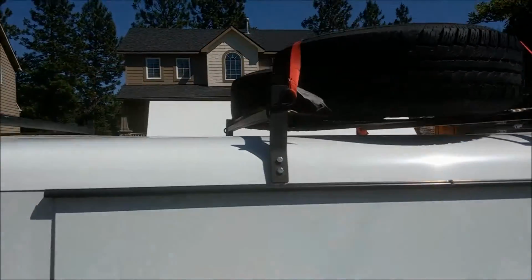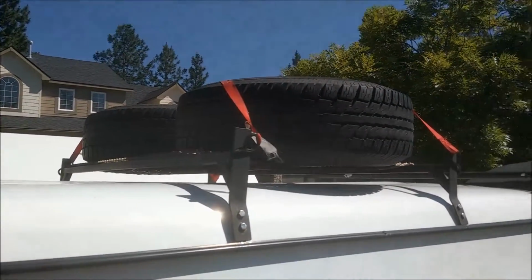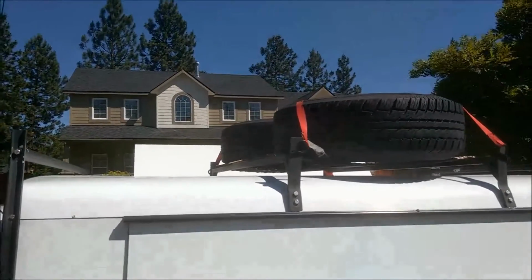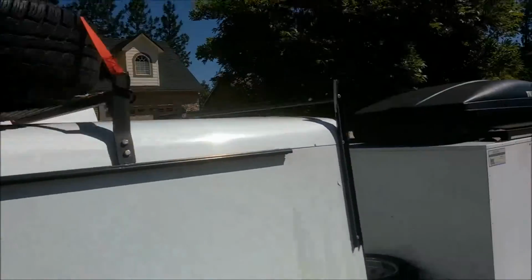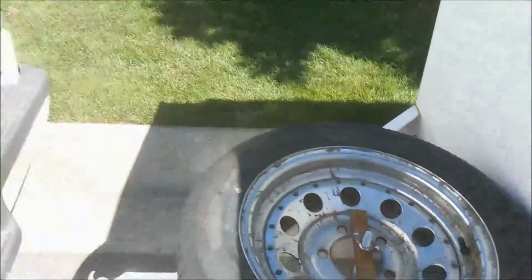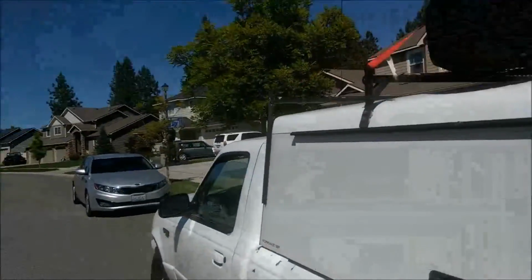I just bought a piece of expanded metal and put the tires on there with some ratchet straps. I eventually want to put some runners across and then put bolts in them with wing nuts like I've done for this guy, just to kind of clean it up a little bit so it doesn't look like we're moving. After that,